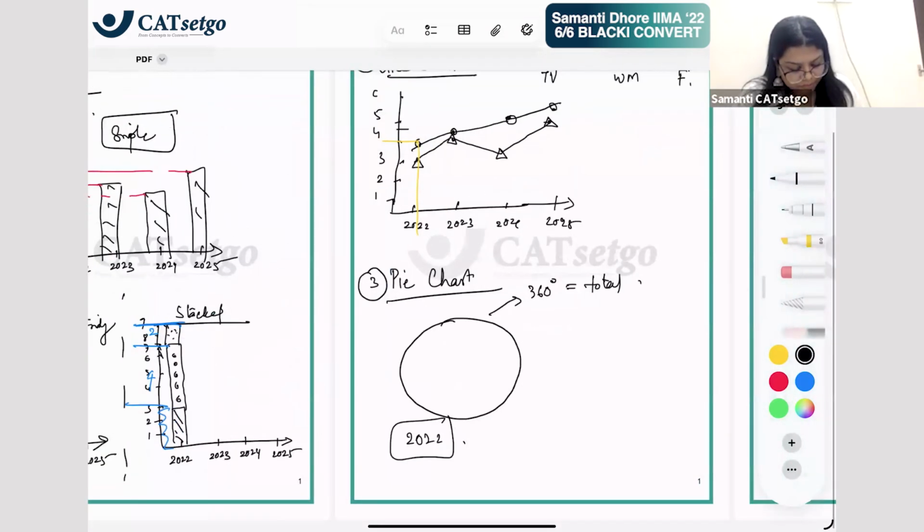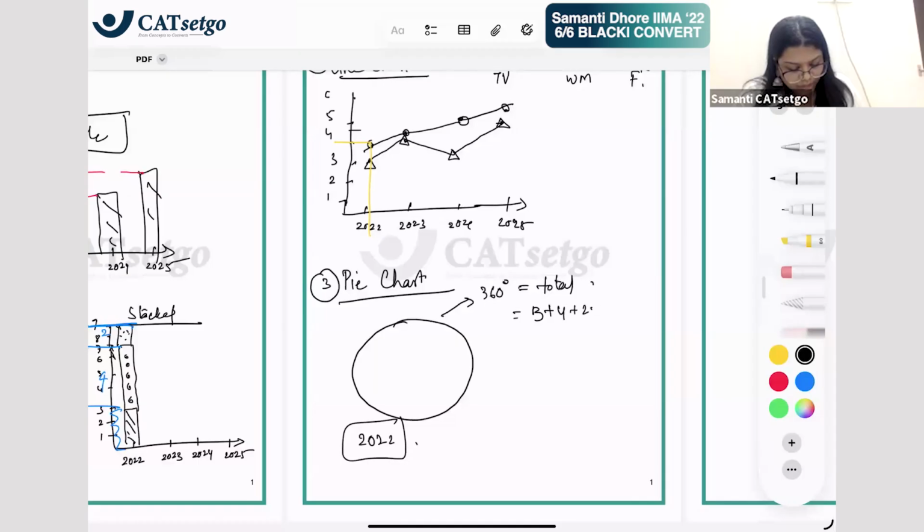Right. So what's the total? 3, 4, 2 and 1.5. How much is this total? This total is 7, 8, 9, 10.5. Okay, so for now, for calculation purposes, let's remove the mixer, just because I want to make our life easy right now to understand the concept. So it is 9. 9 is the total. Now out of this total, TV is 3 on 9. 3 on 9 is 33.33%. That is 1/3 of the slice, right? It is 1/3 of the slice.